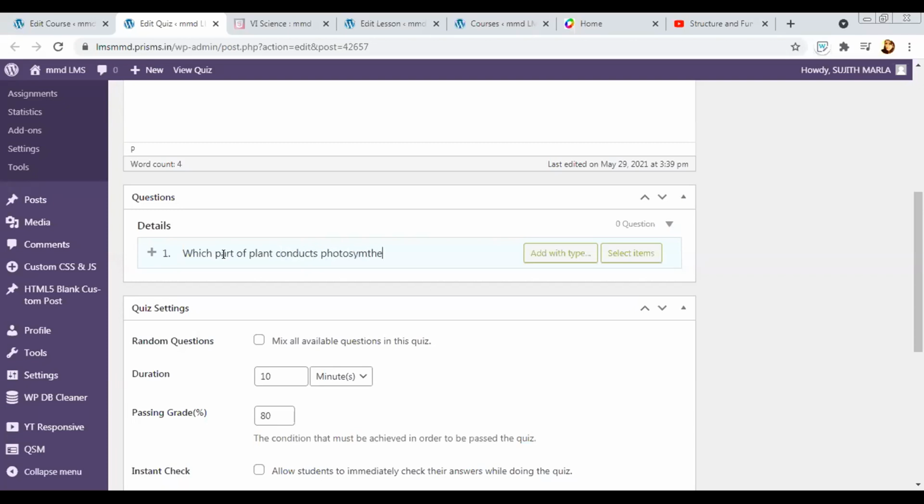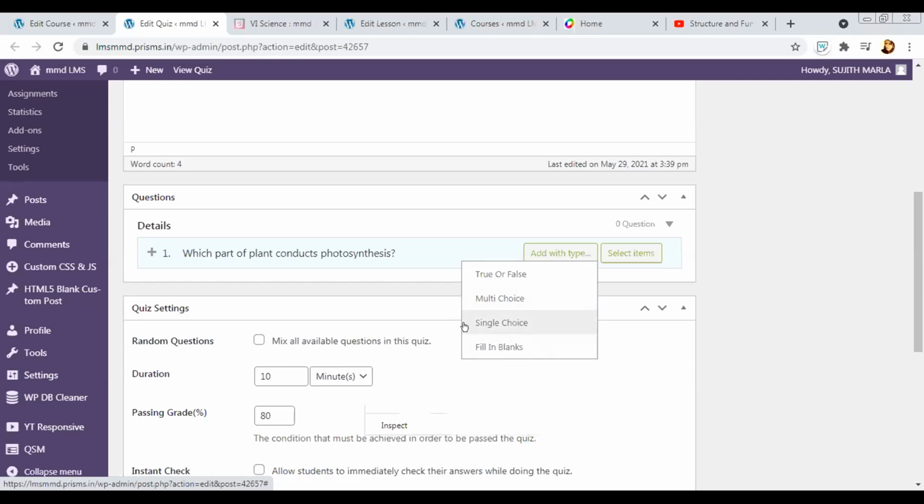So I'll just type a question. Like ma'am said, if you already have a set of questions ready, you can simply copy paste that. Now you can decide which type of question you want. As the LMS is completely objective based, the evaluation is automatic, and you don't have to do it manually. So the questions are all objective based: true or false; multi-choice, where there is more than one answer; single choice, which is basically what you call an MCQ; and fill in the blanks.